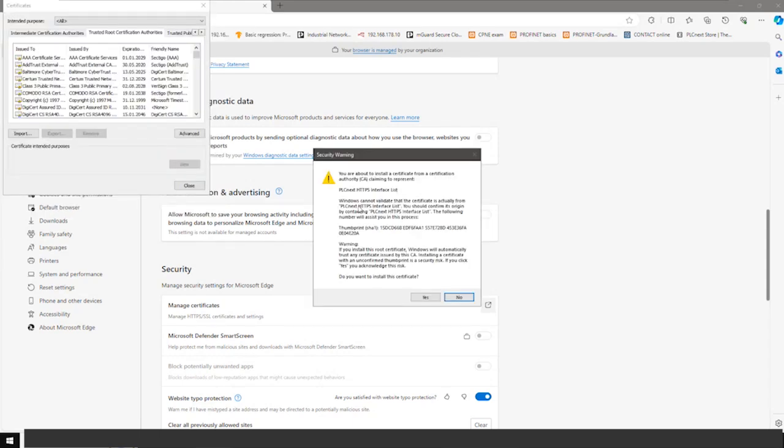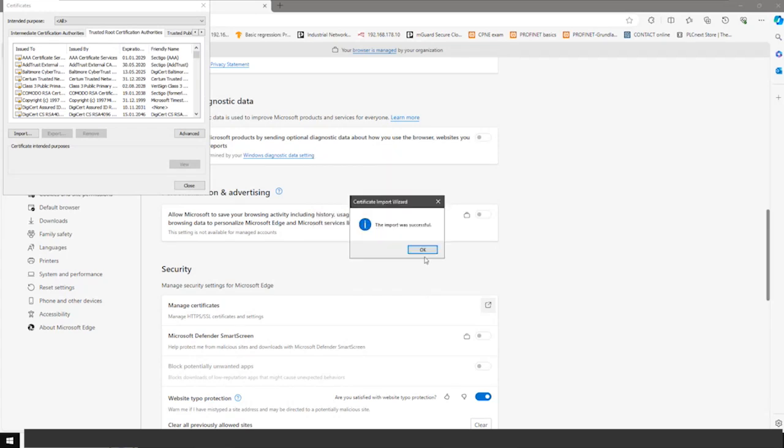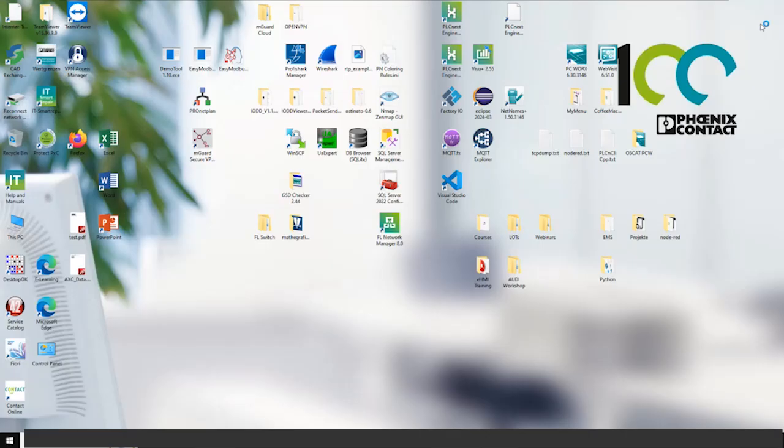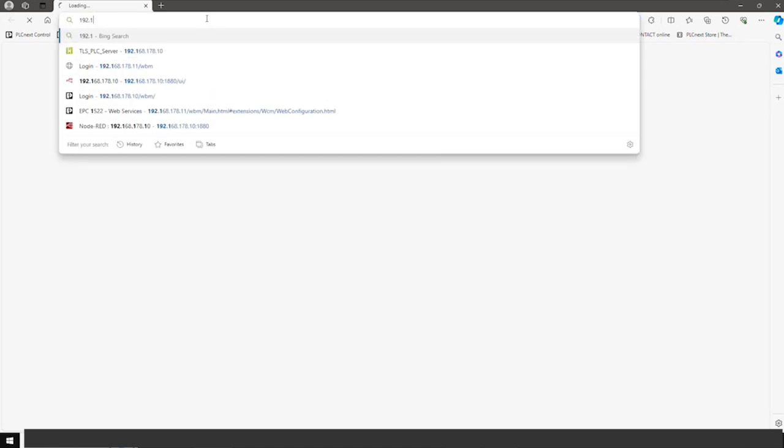Now I say yes, I want to install the certificate. Okay. So I need to close my browser, open it again. And now the browser knows who Phoenix Contact is, or who the Phoenix Contact certificate authority is. And I hope